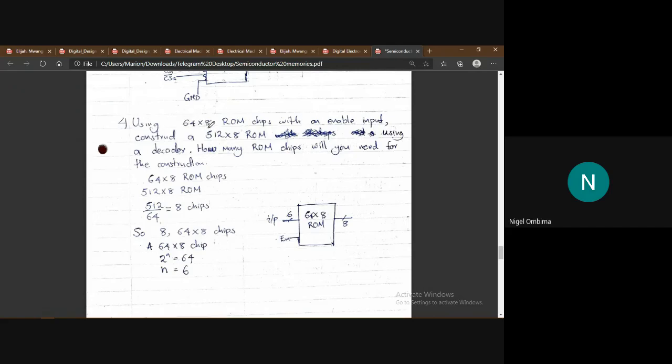So one chip is 64 by 8. 8-bit data, 64 memory locations. We're supposed to construct a 512 by 8 ROM. So this one is the bigger one. So how many of these will be used to make these? So we take 512 divided by 64 to get the number of chips. So after we've gotten the number of chips,